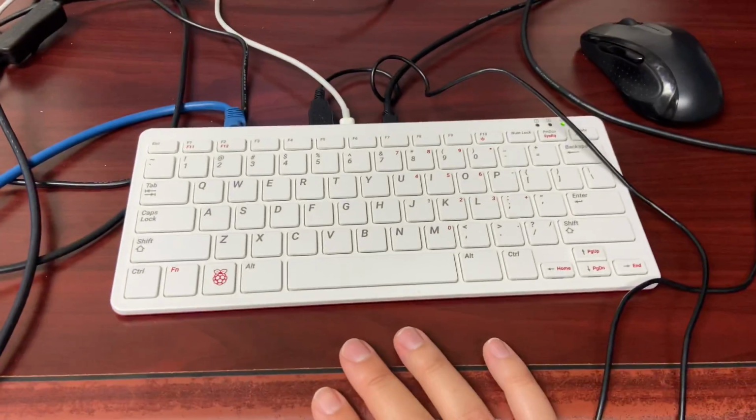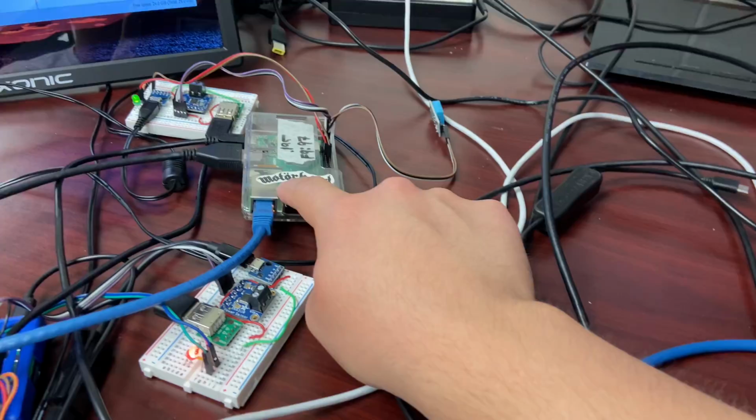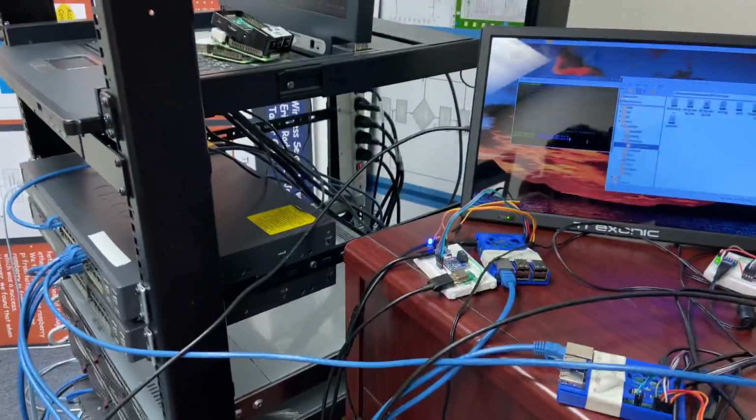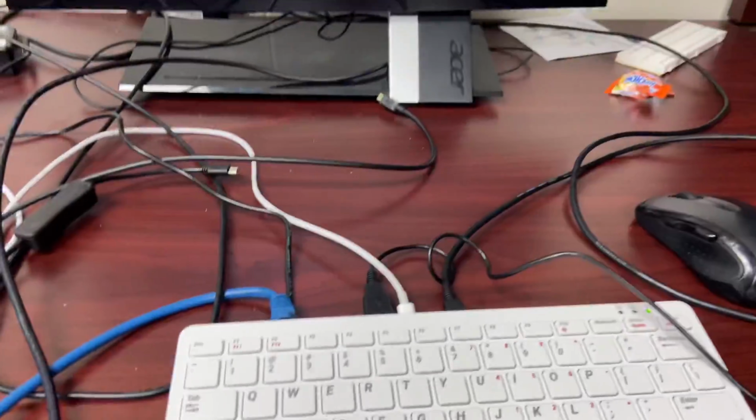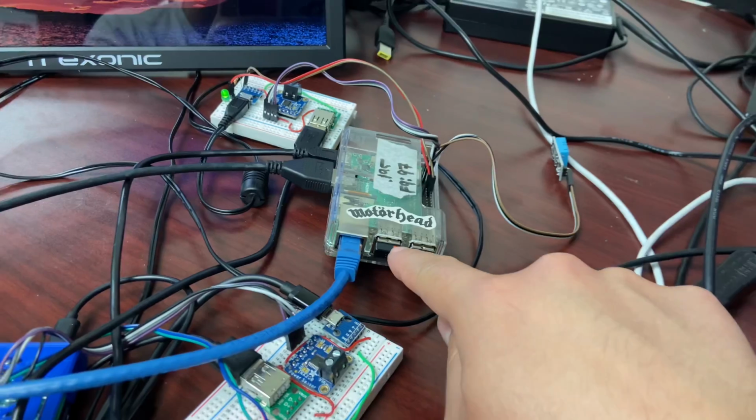Okay, so we have two Raspberry Pis for this demo. We have this Raspberry Pi and we have this Raspberry Pi. Both are connected to our SDN over here. And using this Raspberry Pi, we're going to SSH into this Pi over here, run a temperature sensor data collection